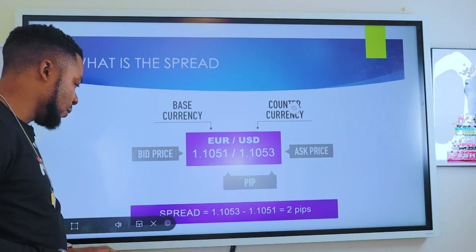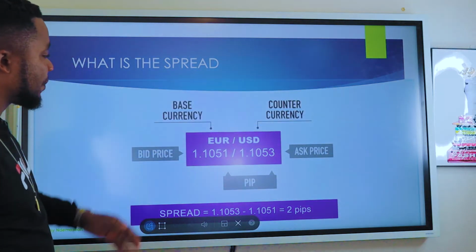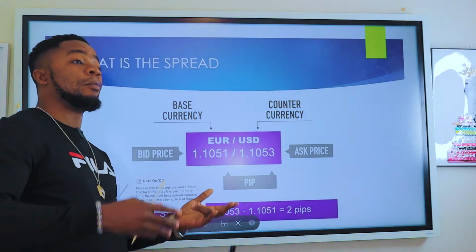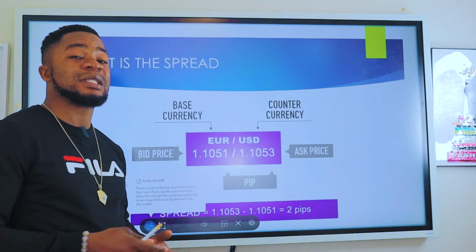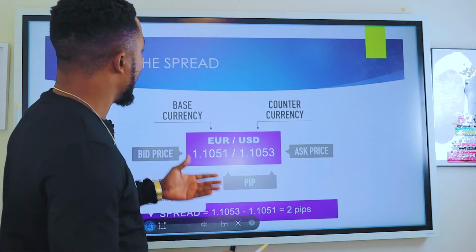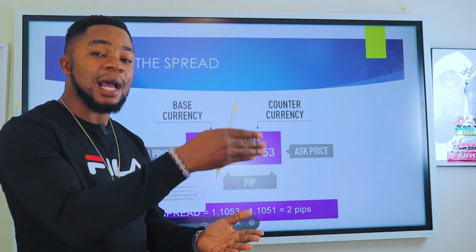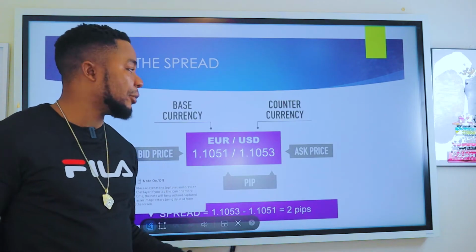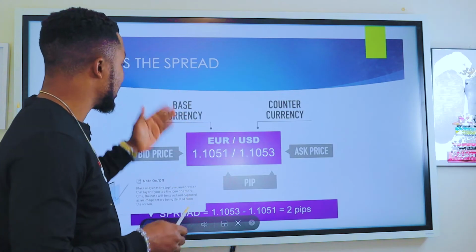So with that being said, you say, okay, what is a spread? We've already mentioned it earlier, so now we are just elaborating. We already mentioned the bid price is the price you are ready to buy a particular currency pair, and the ask price is the price you are ready to sell that particular currency pair. And what is the spread? The spread is the difference between the bid and the ask price, and it is measured in terms of pips. As simple as that. Any other thing here will just be explaining the same thing.